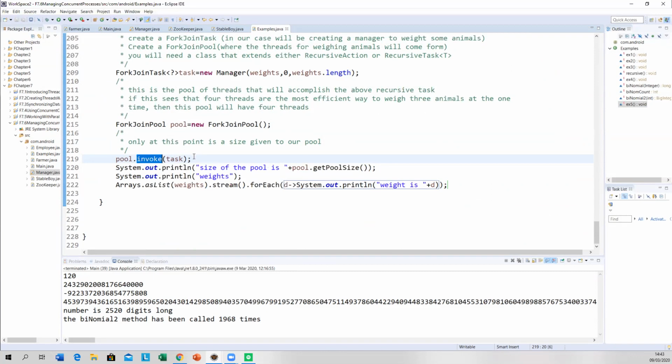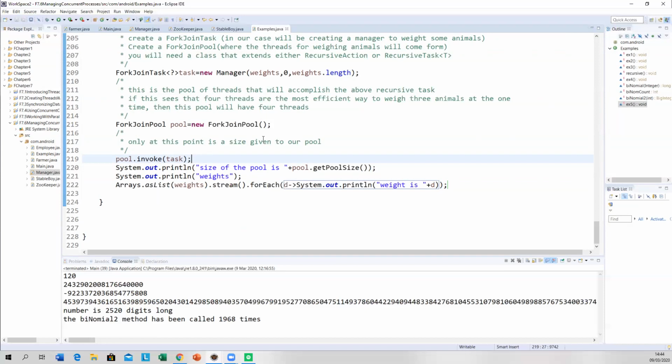Instead of cyclic barriers, what you have is a join. So you have the one person weighing their 3 things. It won't start until that person has weighed 3 animals. Then the next person will weigh 3 animals. That's the way the join works, I think.